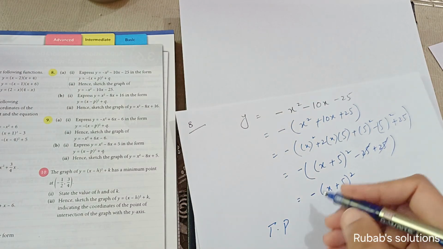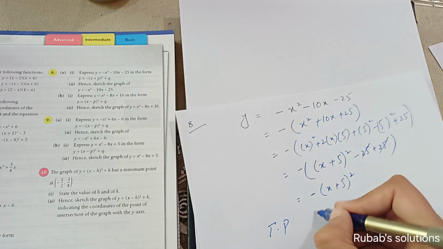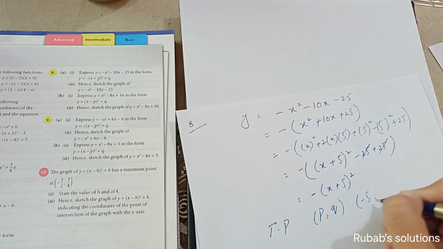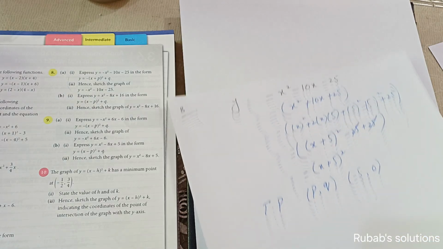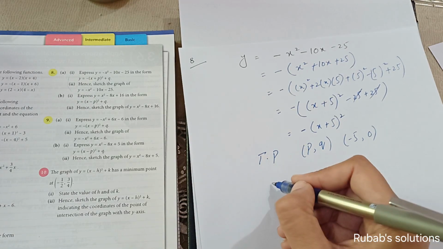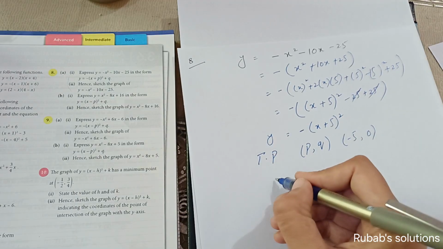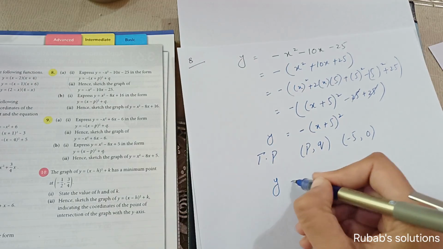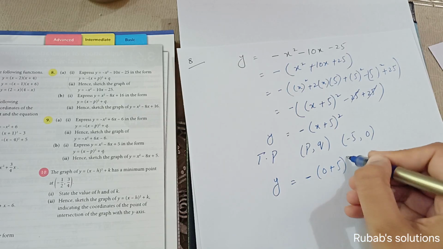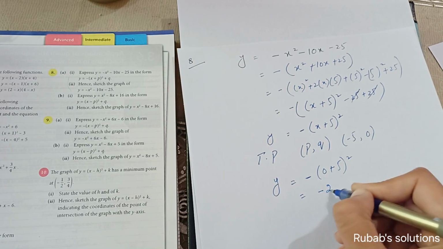टर्निंग पॉइंट हमारे पास आ जाएगा p एंड q. सो P एंड Q, P विल बी इक्वल टू -5 एंड Q जो है वो आपके पास क्या बनेगा, 0 बनेगा। फर्दर आप y सॉल्व करने के लिए हम लोग क्या करेंगे, x को 0 पुट करेंगे, y इज़ इक्वल टू माइनस 0 प्लस 5 होल स्क्वेयर, सो दैट मीन इट्स -25।